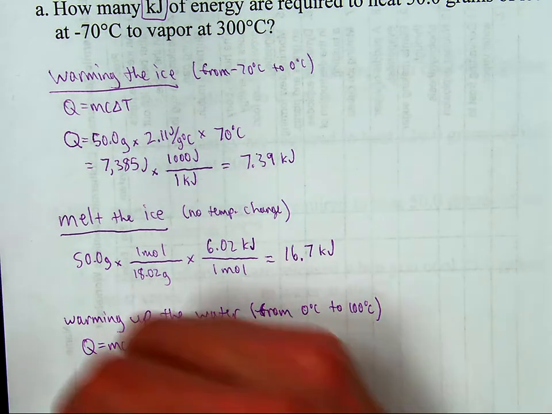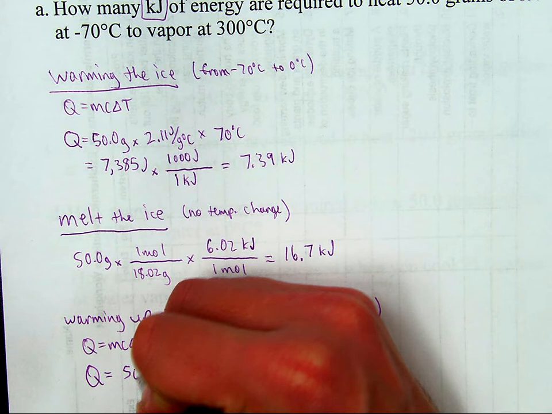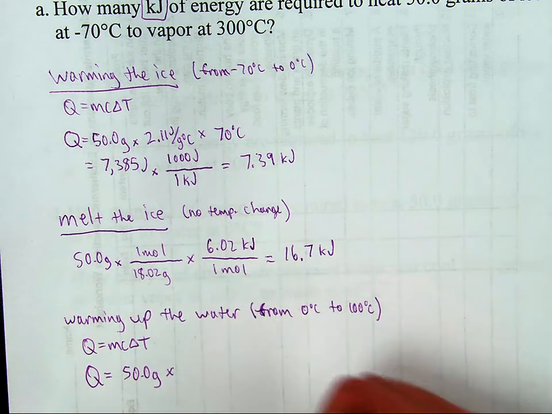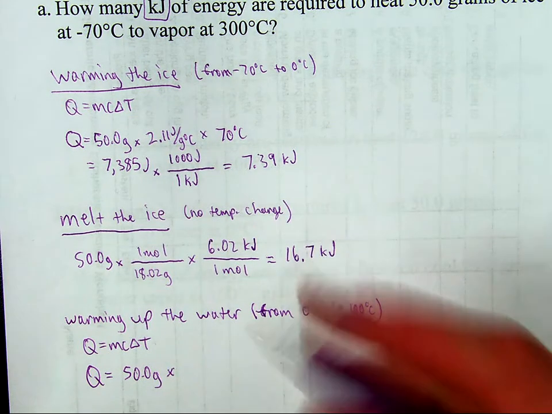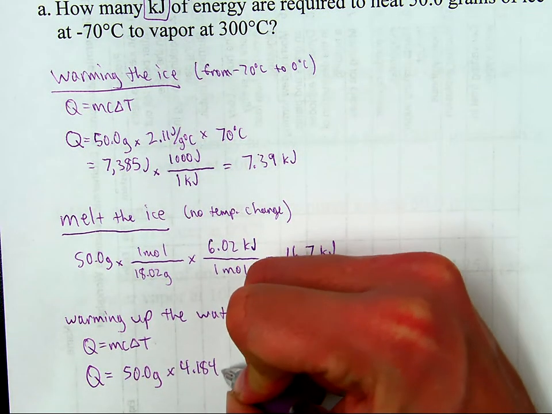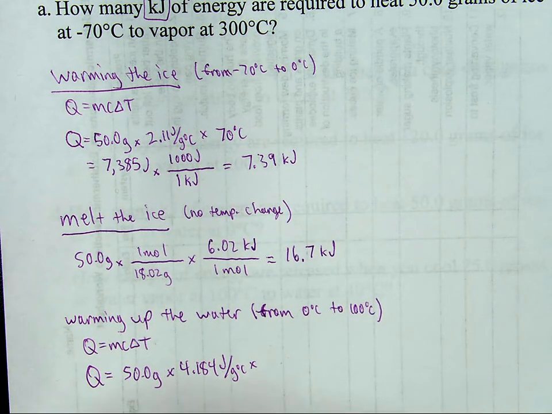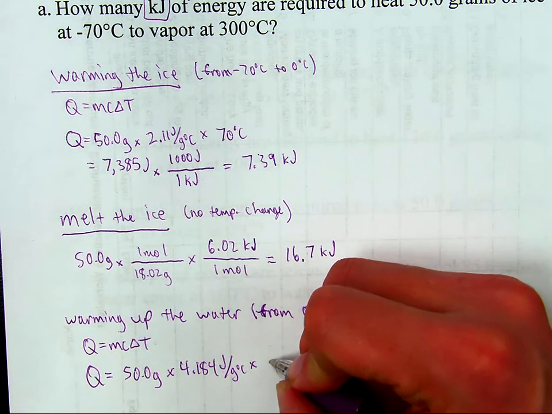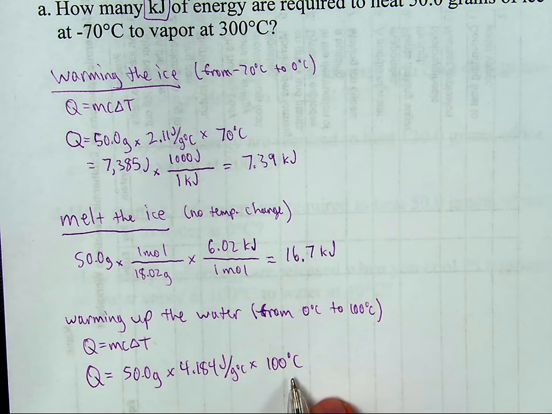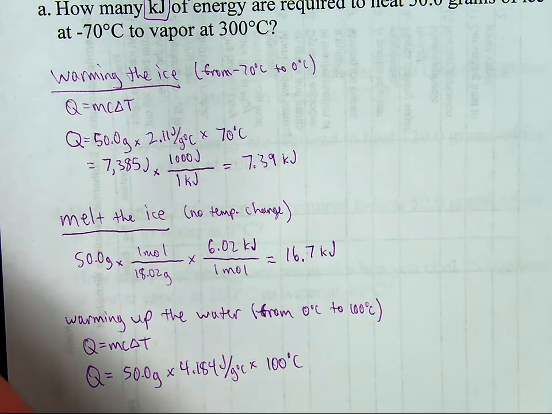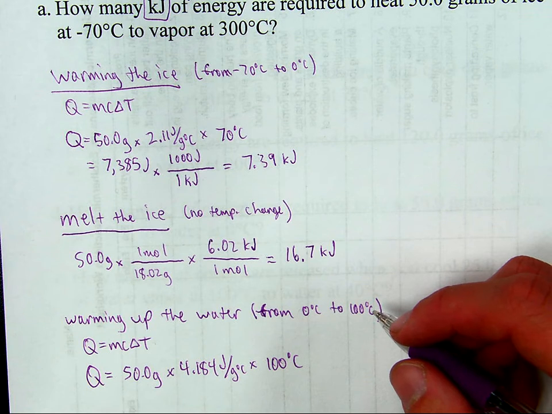So the energy is equal to the mass, 50.0 grams, times the specific heat of water, listed on your exam, 4.184 joules per gram degree Celsius, times our delta T from 0 to 100, so that's times 100 degrees Celsius. That's the change in temperature. It went up by 100 degrees. And then you do that calculation, and what you wind up coming out with is